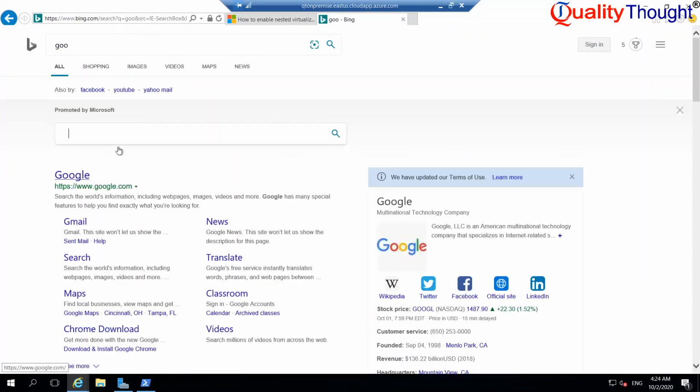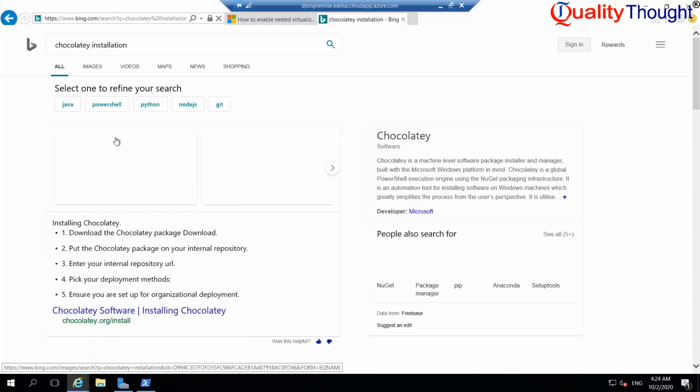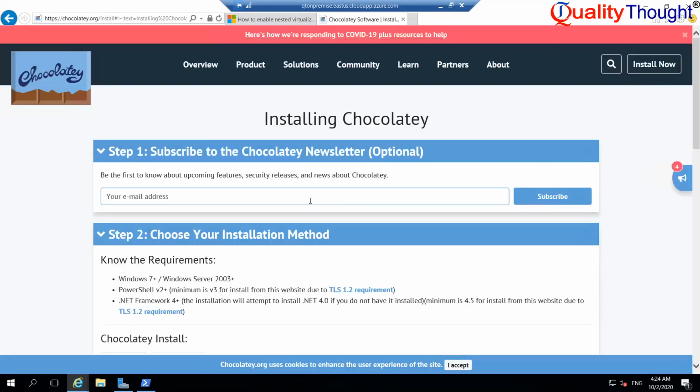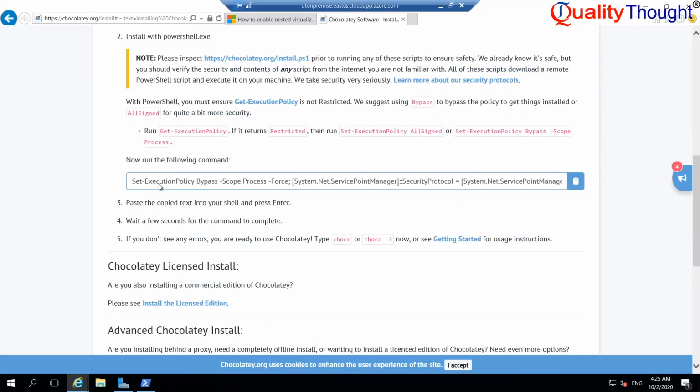So let me go to google.com, or I can search in Bing also. Chocolatey, sorry. Installation. Now let me go over here. If you see, there is one command over here.